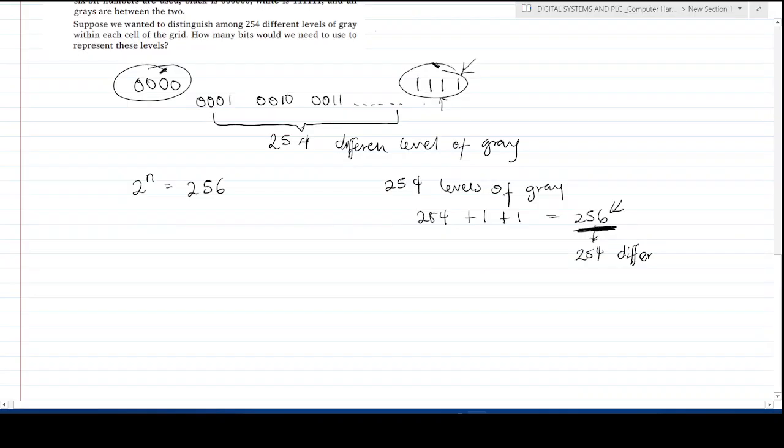Now, if you use your calculator, you find out that 2 raised to 8 is equal to 256, where in this case, 8 is the bit system that you're going to use. So we just need an 8-bit system to be able to represent 256 different levels. That's black, white, and different shades of gray. And if you remove the black and white, which is -1 each, you're going to have just 254